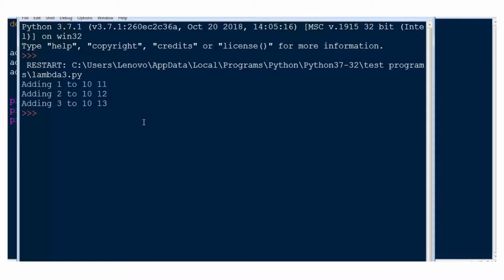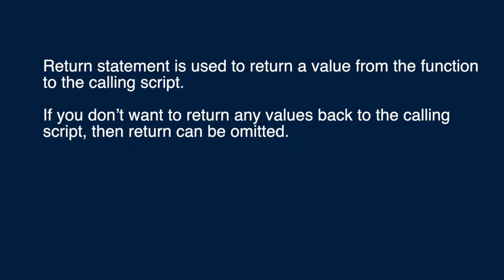So, for the first call we got 10 as answer, 11 as answer, and for the second 12, and for the third we got 13 as answer. Well, in our previous module we discussed the use of the return statement. Just try to recollect how we can use the return statement. The return statement is used to return a value from the function to the calling script.